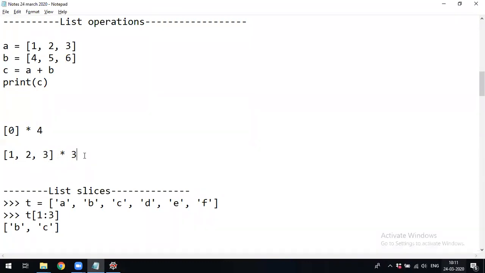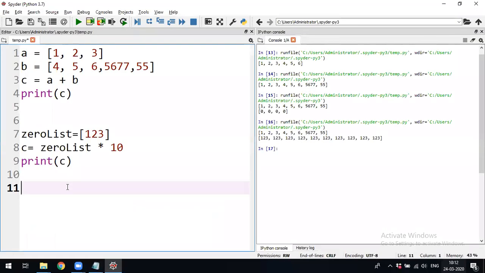See, just now I have shown only one element. If there are multiple elements, instead of this 1, I will make it 1, 2, 3. Now this zero list contains 3 elements.